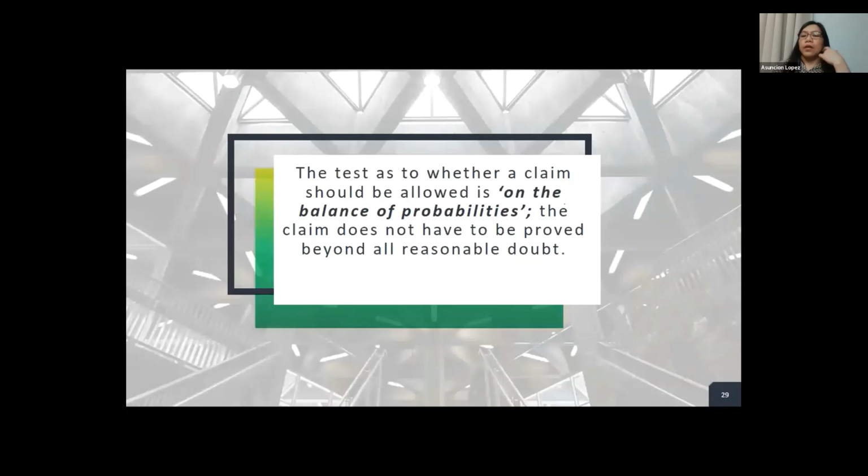And then I just want to leave this quote to you, which is important to keep in mind: the test as to whether a claim should be allowed is on a balance of probabilities. The claim does not have to be proved beyond reasonable doubt.